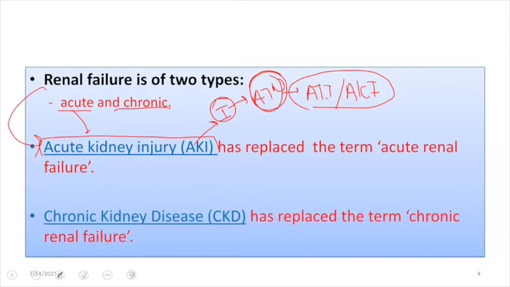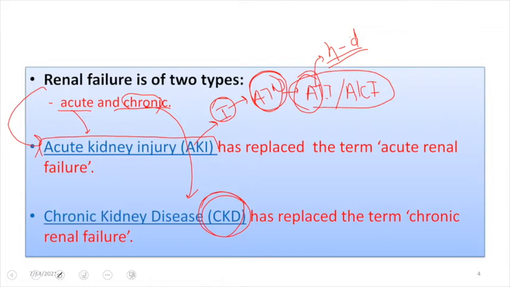Similarly, I have discussed the kidney failure. Whenever we are discussing about acute kidney injury, as I have discussed, there is the term acute, and it means that the duration of the course of disease will happen from hours to days. And whenever we are talking about chronic renal failure, there has been a new terminology to chronic renal failure as well, and it is known as chronic kidney disease, and it can happen due to several etiologies that we'll be discussing in the next video.